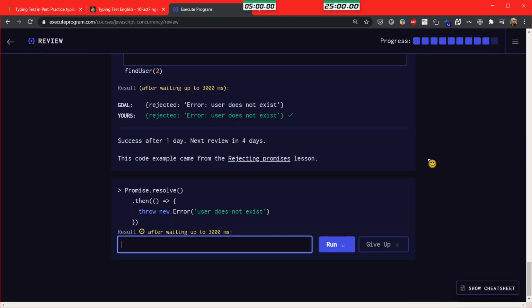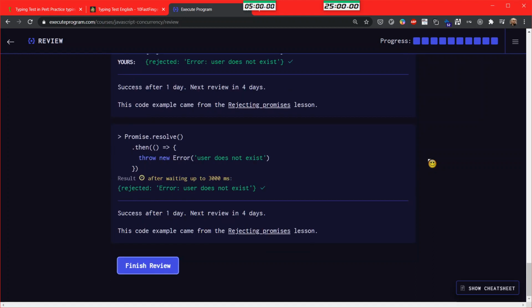Promise resolve. That then user does not exist. Okay, so this will be rejected. Error, user does not exist. Like so. Cool.